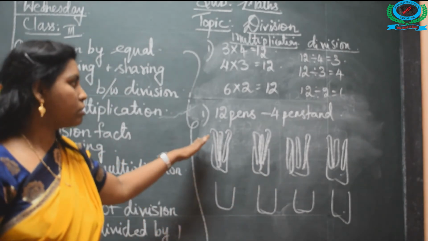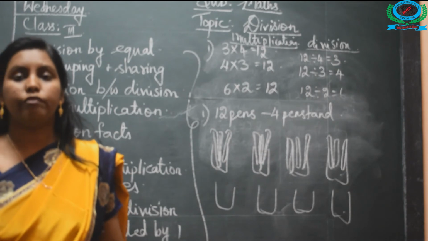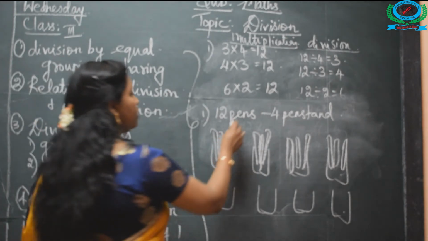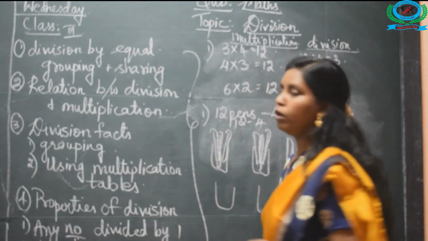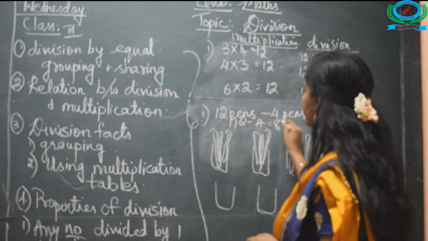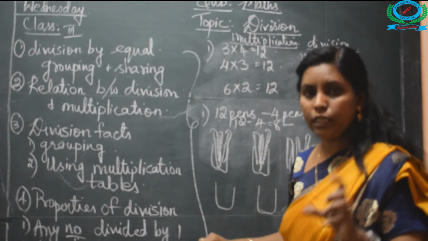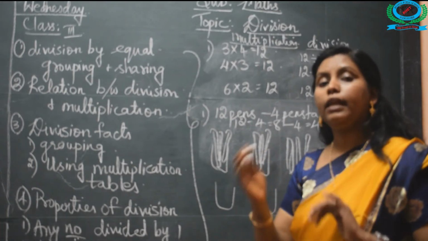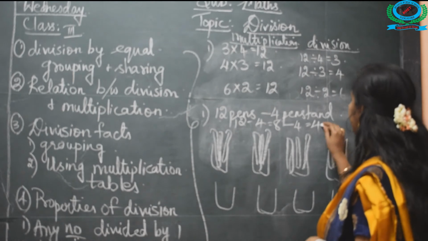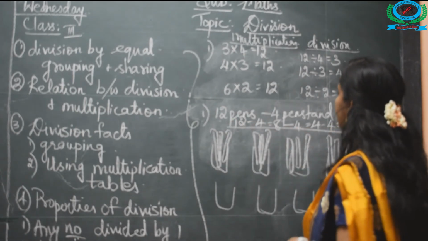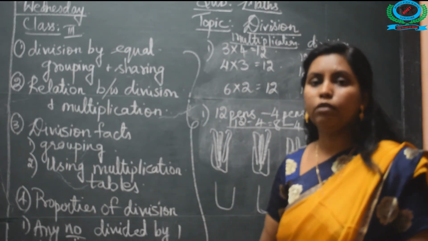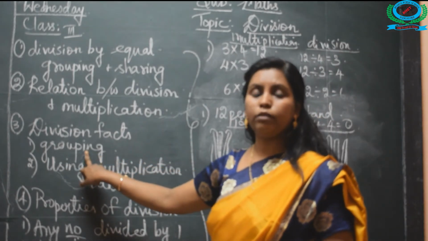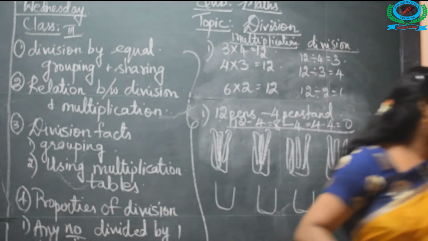Okay children. So this is called equal grouping. First we give 1 pen to each pen stand. Then again 12 minus 4, if 4 goes out of 12, 8 will be remaining. Then again you divide pens among the 4 pen stands. Again 4 will be remaining. Then again the last 4 is divided among the pen stands. So 4 minus 4, 0 will be remaining here. So this is called equal grouping or sharing. This was one of the division facts, that is called grouping. The second one